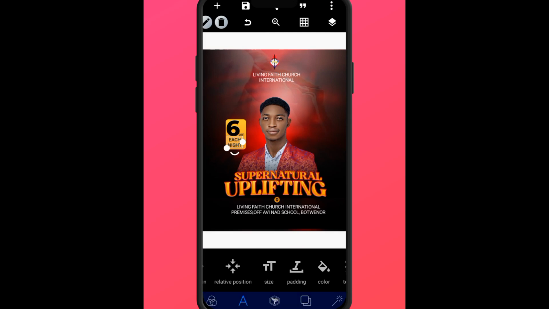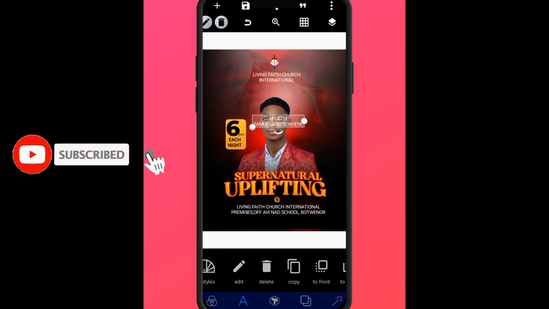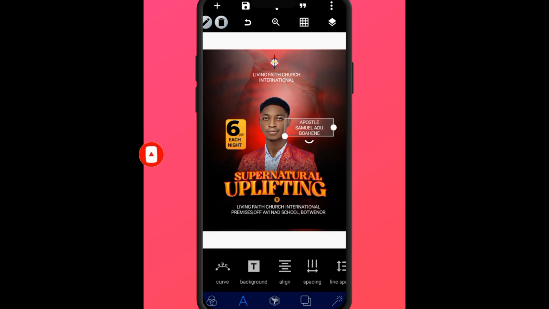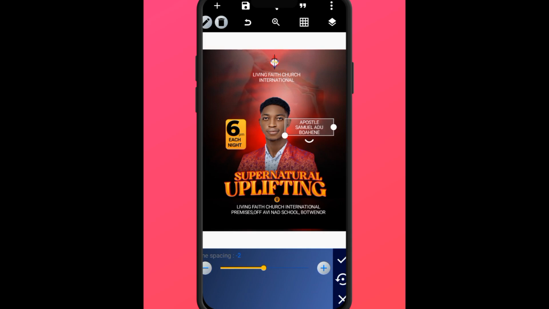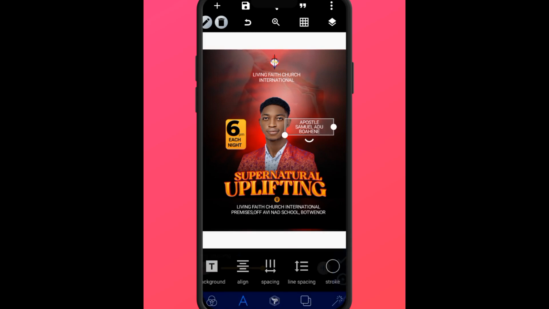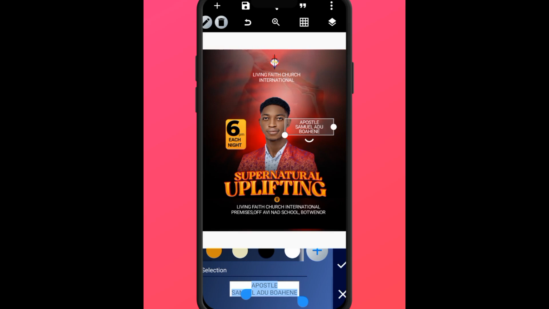So you make a duplicate again and place it here, go to edit, head over to spacing, line spacing, you cross line spacing, then we head over to color, then we select only the apostle, then